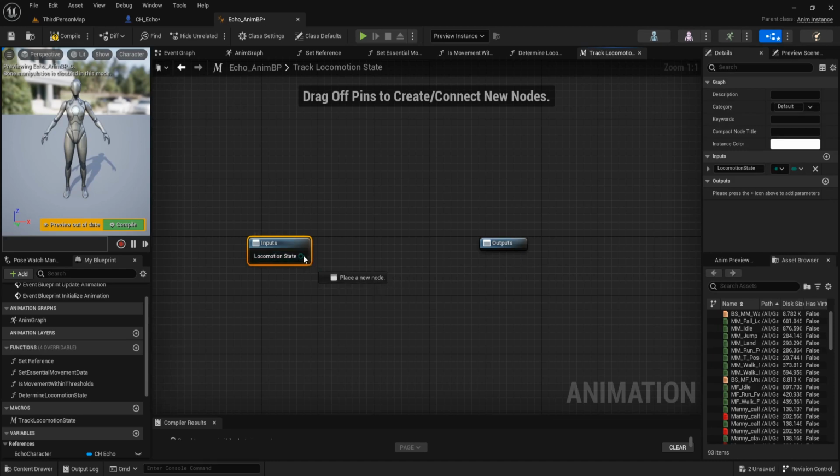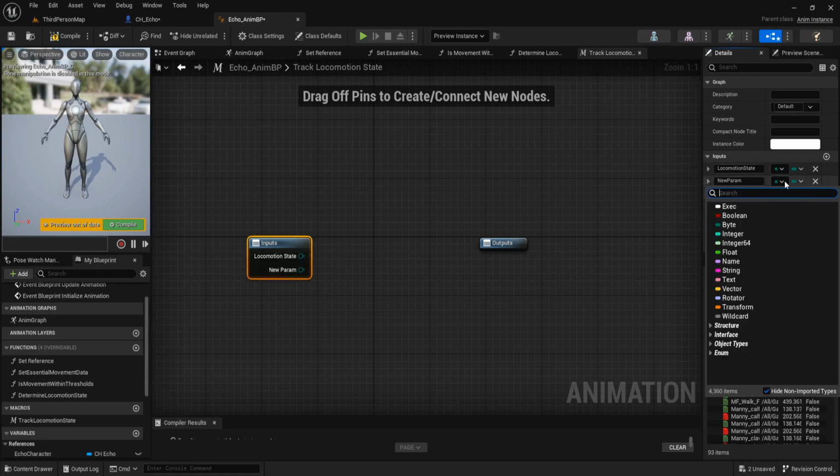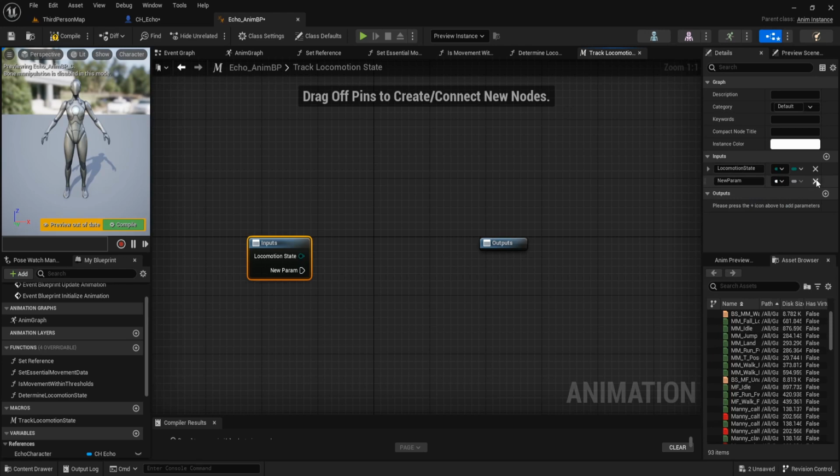And then add another input and set it to execute. Move it up, holding this, and move.